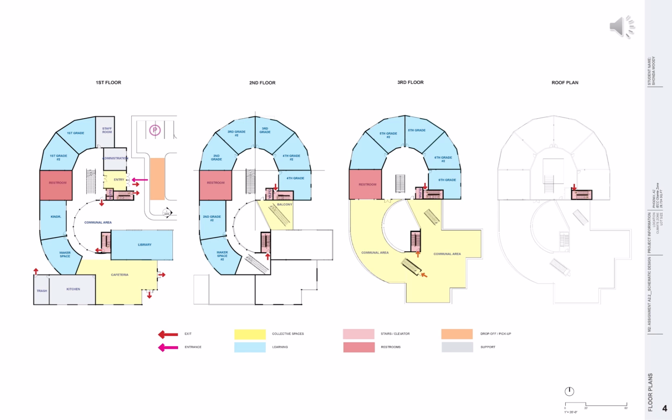That yellow area is a communal area, and most of the other stairs are for access to the roof, which will show into